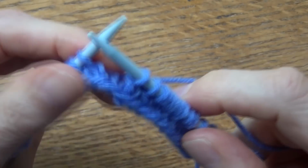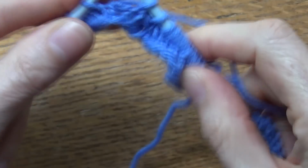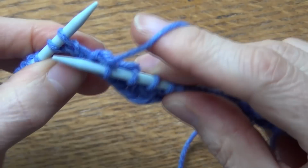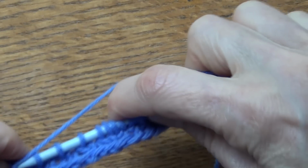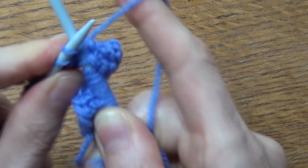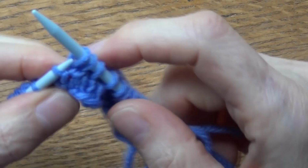Okay, so like I said, you're going to keep repeating that. So we're going to knit 2 together, and that was 2 times. Knit 2 together, knit 2 together, and then 4 times you're going to do this, where you go into these 2, knit, and then you're going to knit into that first one. That's number 1, and you do that 4 times. That's 1 time,